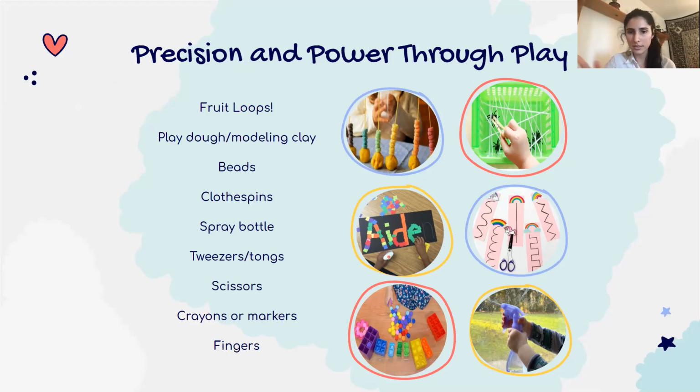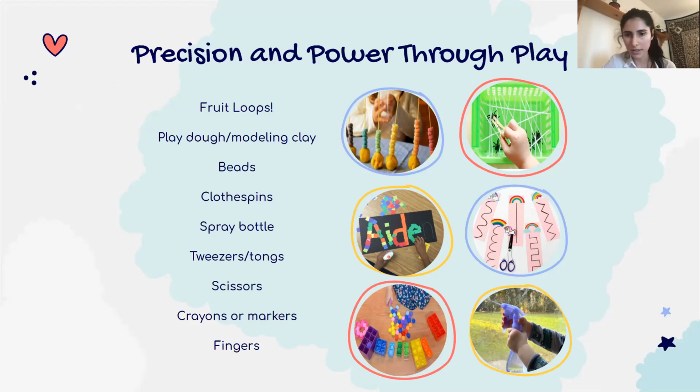So let me go over a few. Fruit Loops are really great to use. I know they're not the healthiest snack, but they're really great for looping. You can make a spaghetti tower using dry spaghetti and putting it into Play-Doh and having your kids make the rainbow. It's also great for sorting, which gets them ready for math. And you can string it with yarn or a shoelace. And you can also use glue to glue the Fruit Loops into the shape of their name.